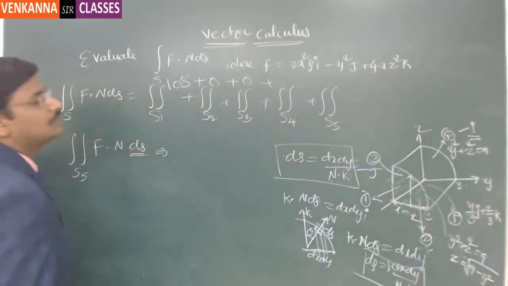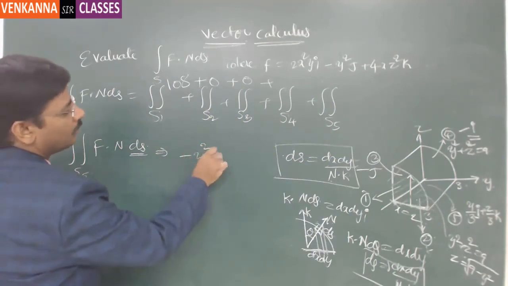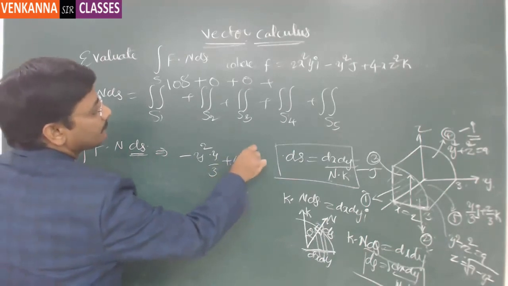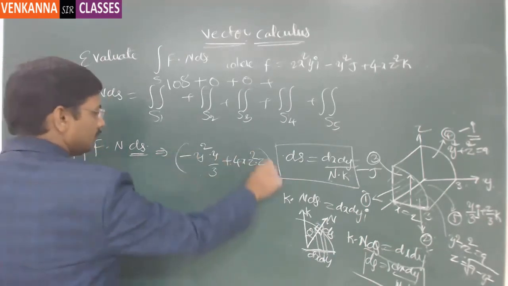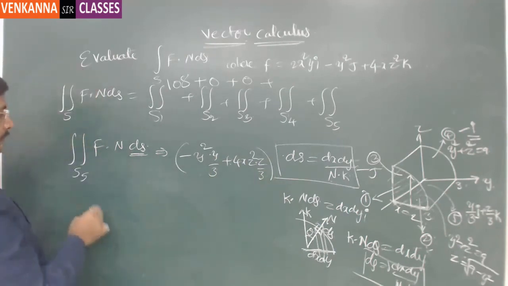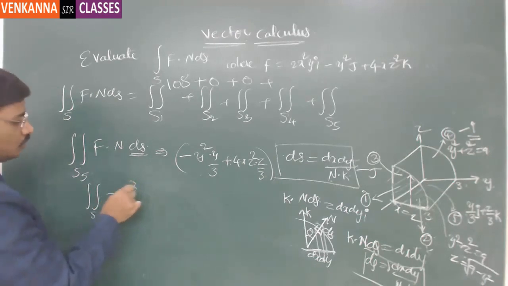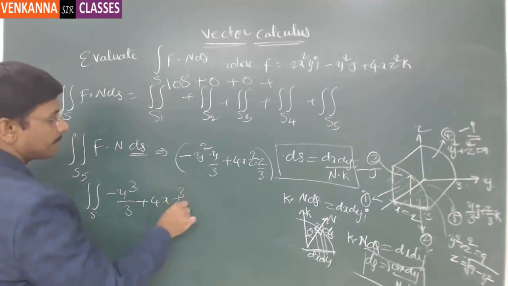So then this is minus y square into y by 3 plus 4x z square into z by 3. So this is F dot n. Then double integral over the surface S, and this is minus y cube by 3 plus 4x z cube by 3 into,